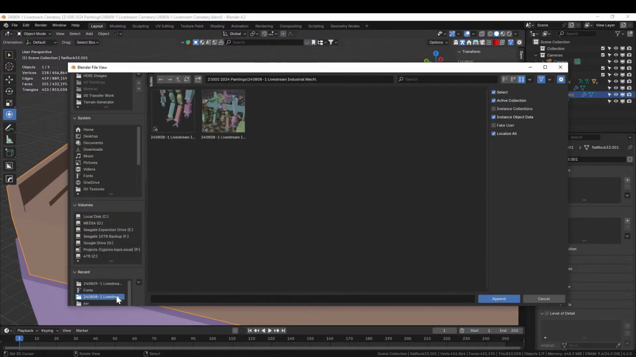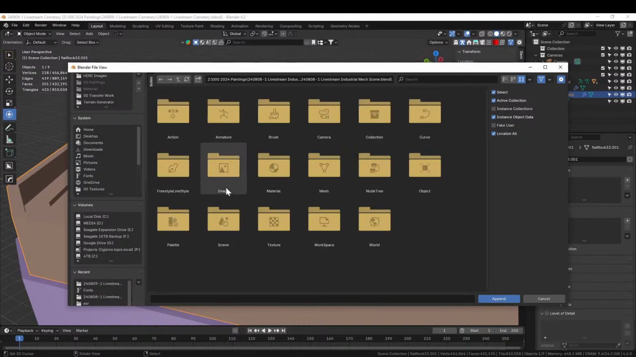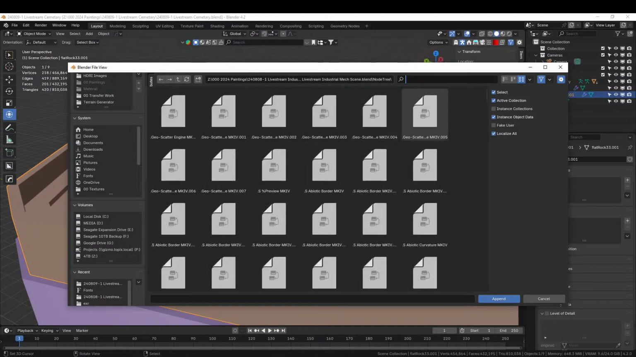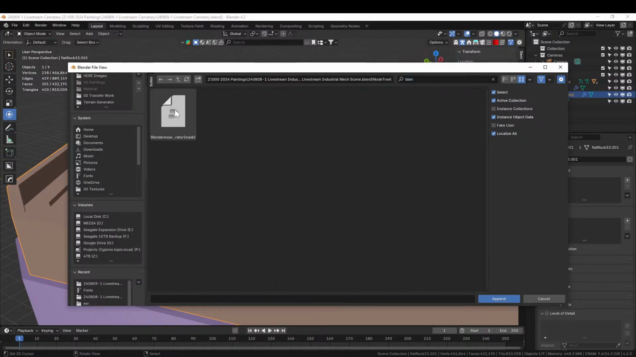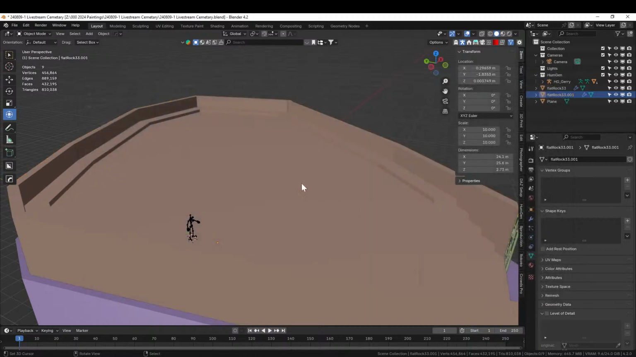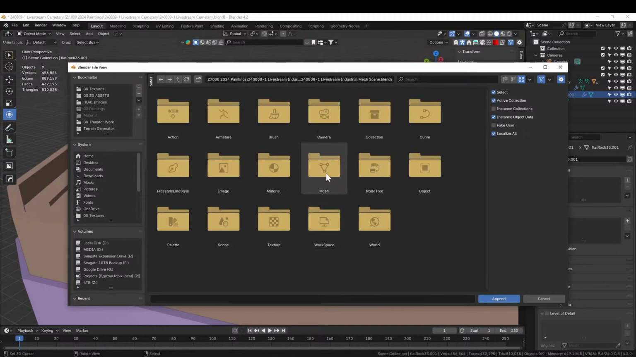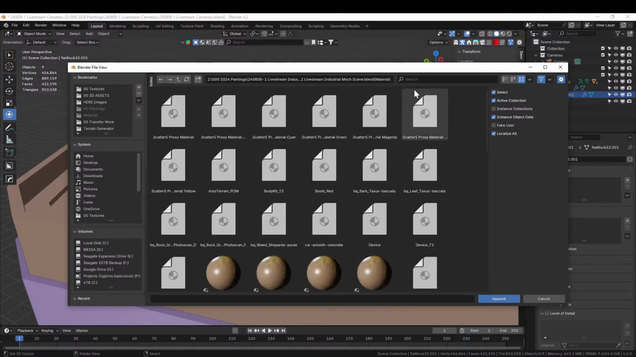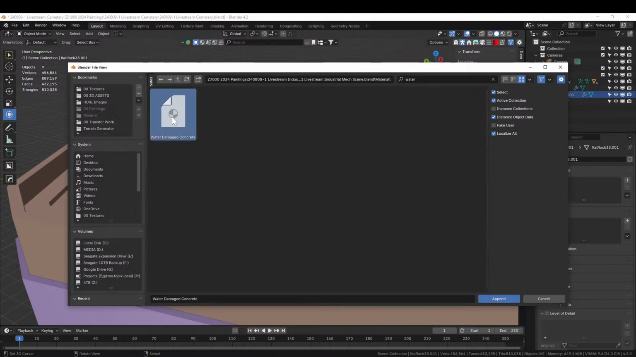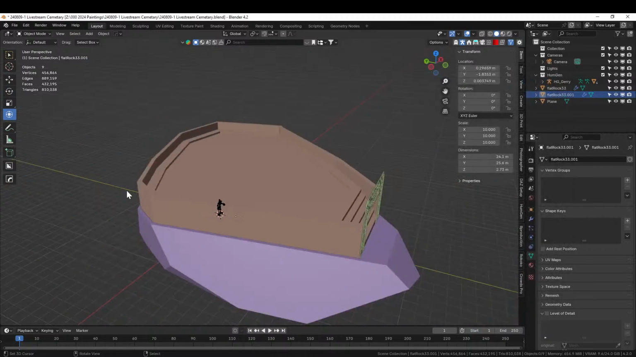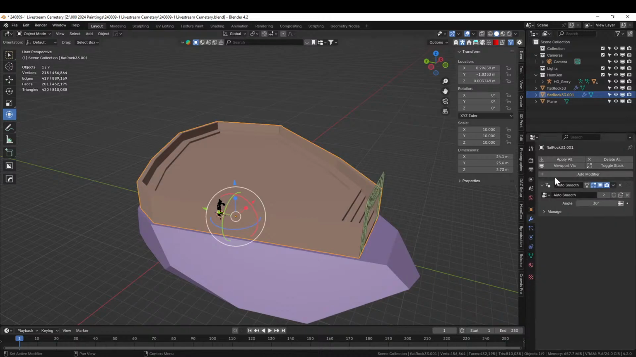where were we? Yeah, we can use industrial mech scene. This will work. Node tree, or just, well, we'll get both. Node tree, Blender ease, sure. And F4 append material, water damaged concrete, append. Okay, so we can give this add modifier, geometry nodes,